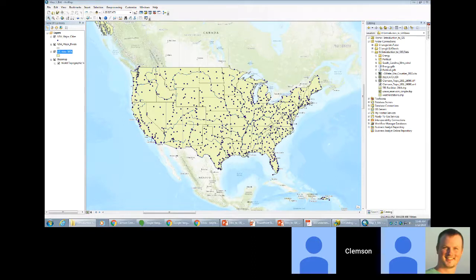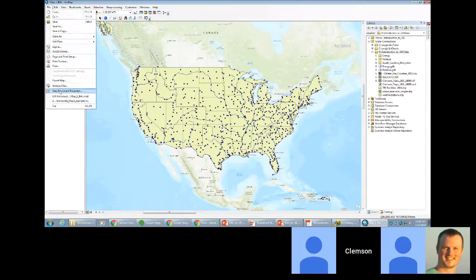So this is just a set of instructions. It does not save any data in the map document. Your data still live wherever they're located. So they could be on a local machine. They could be on a server in a different state or country. These are just instructions. If you click the File menu and go to Map Document Properties,